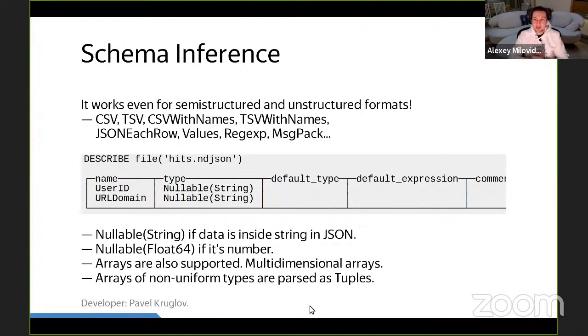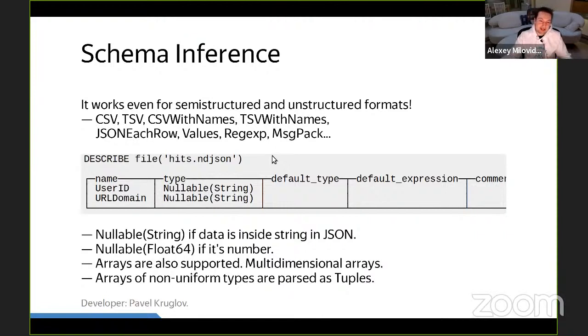Also, we have schema inference even for semi-structured and unstructured data formats like CSV, TSV, JSON, Values, MessagePack, whatever.